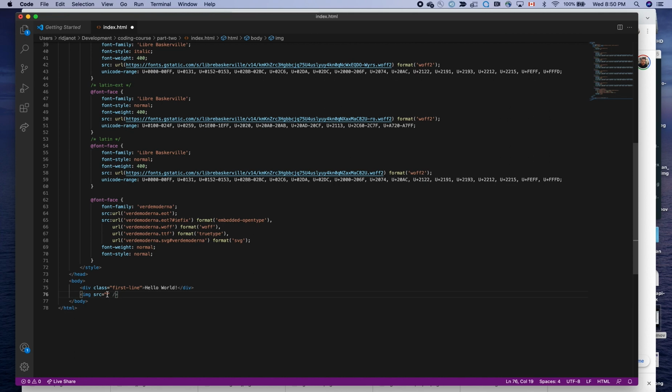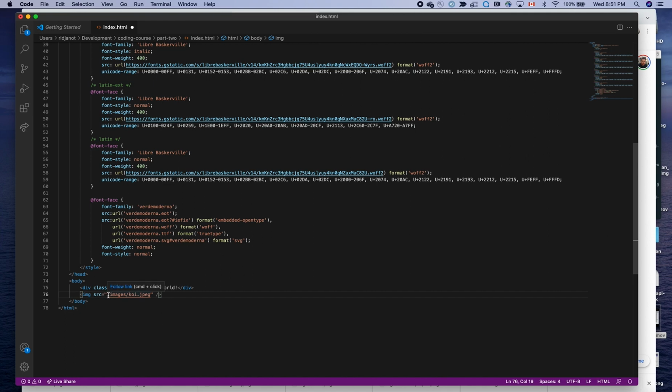Now we have the image in our folder, and the folder was called images, and then it was koi.jpg. The dot in front refers to the current folder, right? So if you don't put a dot in front,